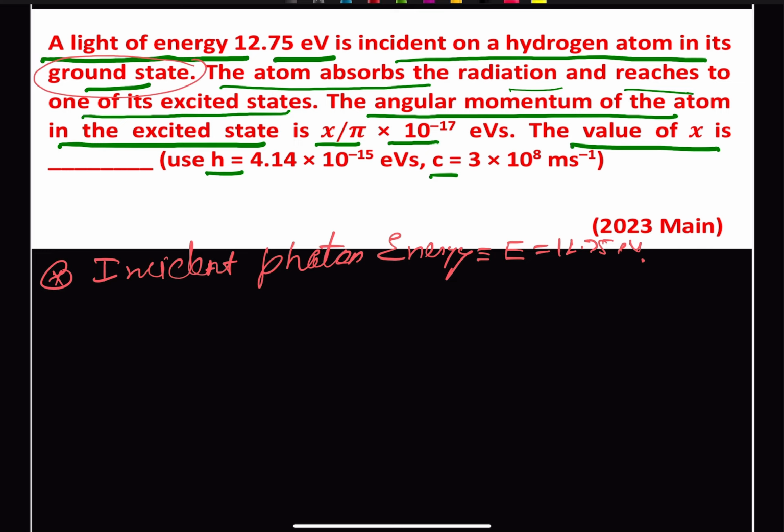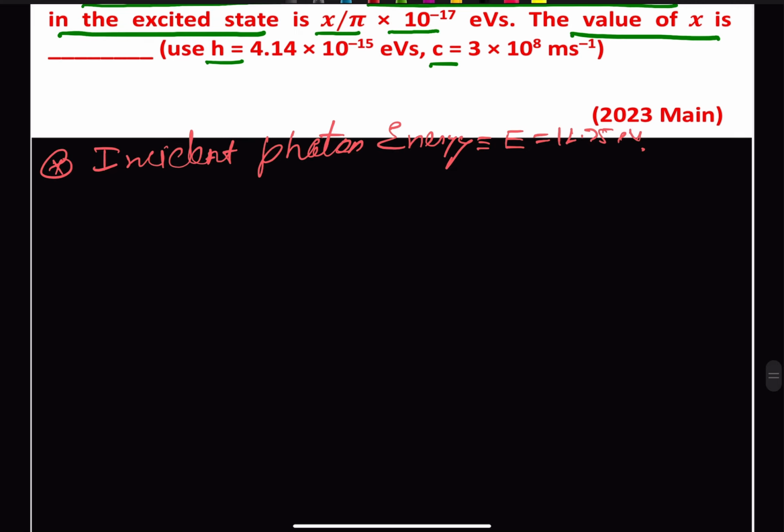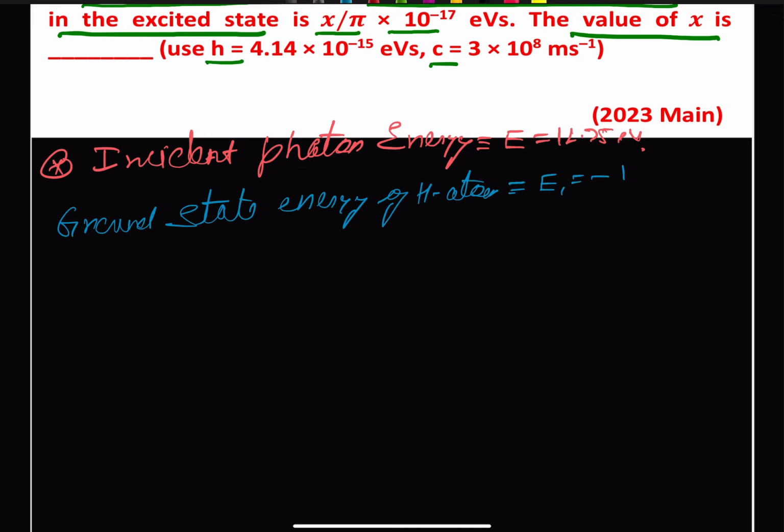So the ground state energy we already know. So we can say that the ground state energy of the hydrogen atom, that is our E of 1, is minus 13.6 electron volt,